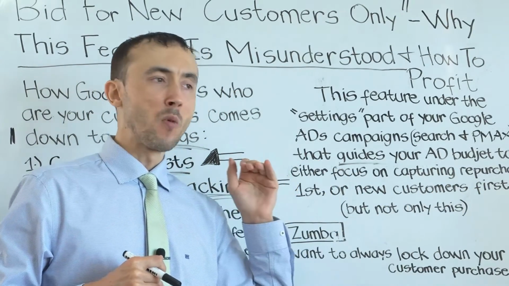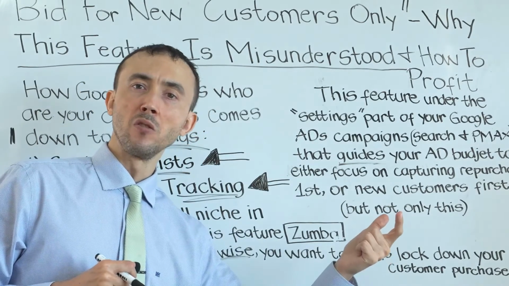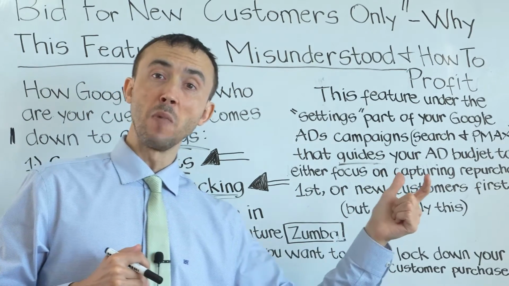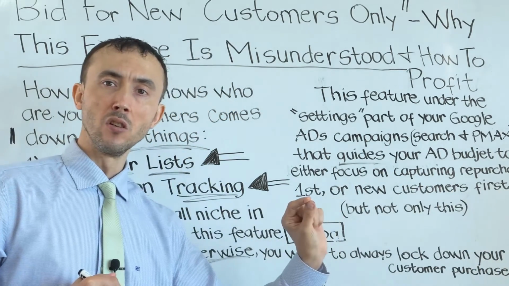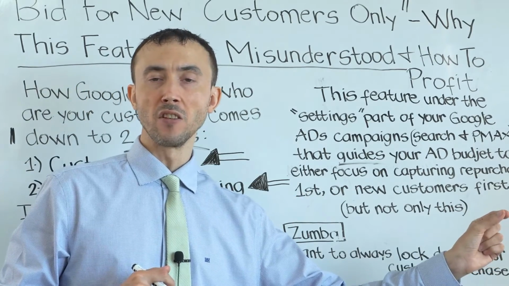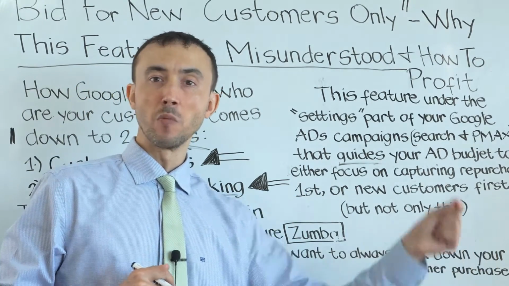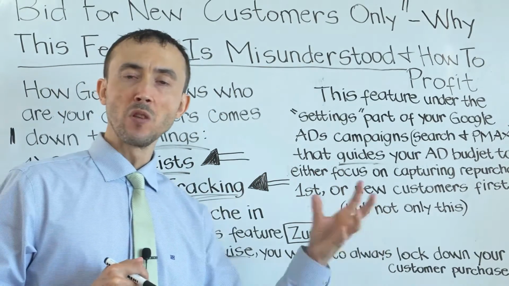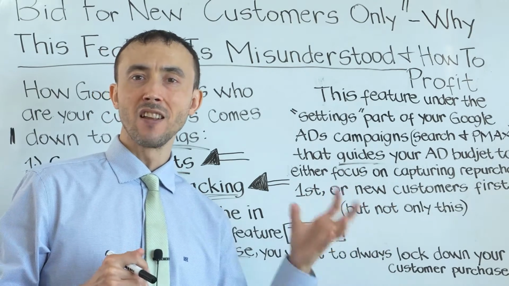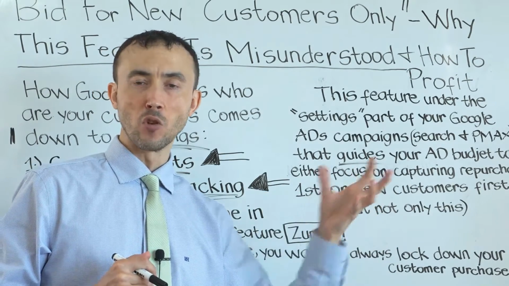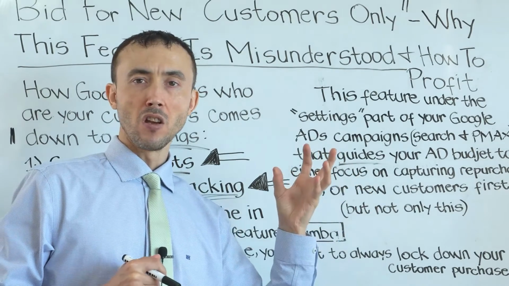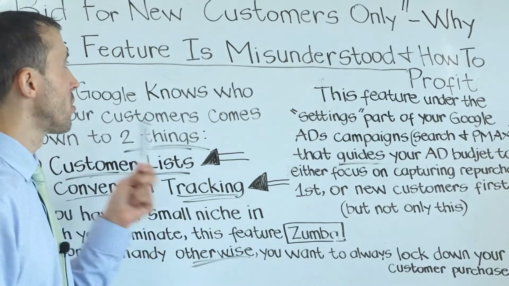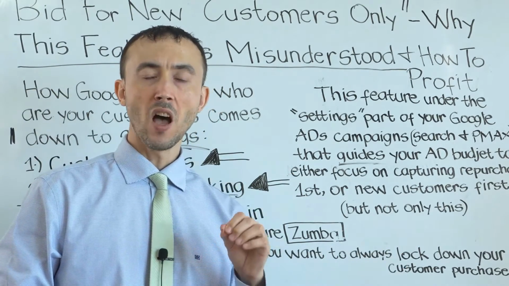You'll be able to see, okay, well, these keywords here produce a customer at a much higher cost, but they produce mainly new customers. I'm willing to spend a little bit more to get on this keyword than I normally would otherwise, because it mainly produces new customers versus existing. So the reason why I bring this up is that that strategy, if you will, that I just gave you is generally speaking more valuable than using the bid for new customers only option